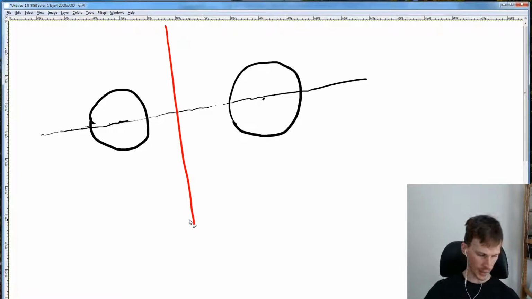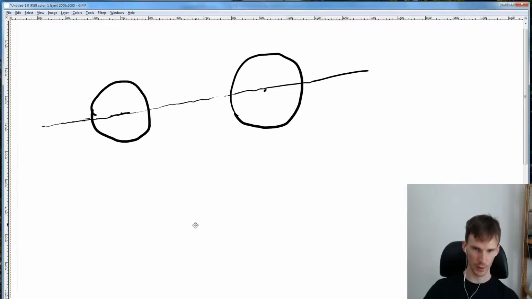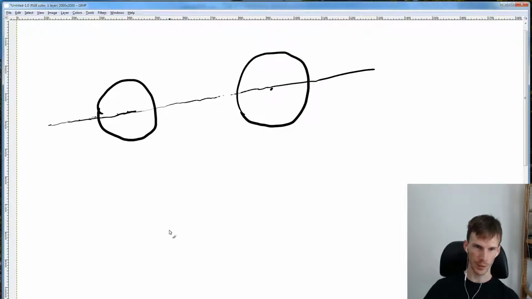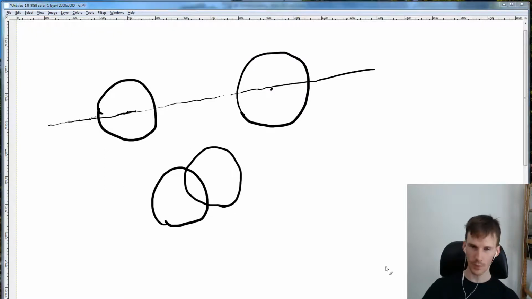And if we can find that, we know that they're not touching. But we can also project them onto this axis, like so. So we can say, here's two circles that are touching. Let's redraw that. Here's two circles that are touching, and